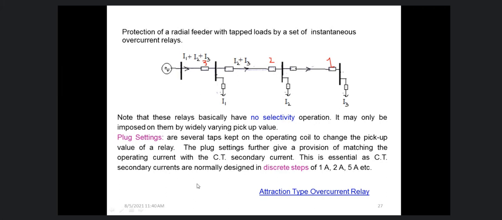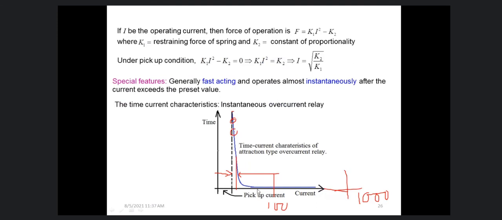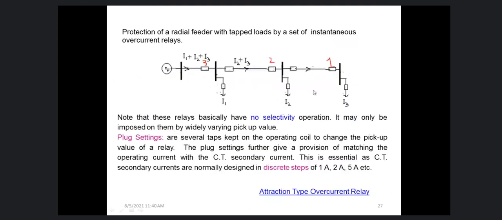Now say if we want to set a different pickup, right? If we use the same relay from here, then this is the pickup current. So if the pickup current is X, then for a fault at every portion, they will operate at X ampere, right? But that pickup current we may change by changing the number of turns in the coil, right? So in that way it can be controlled. We can change the operation of the relay depending on the pickup current, or we can modify the pickup current.